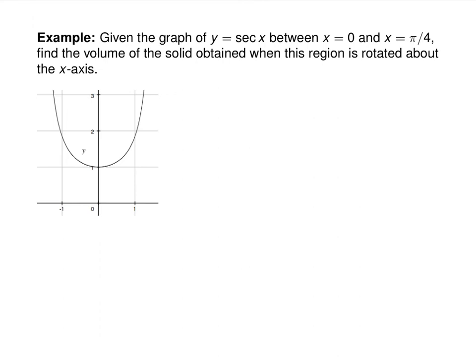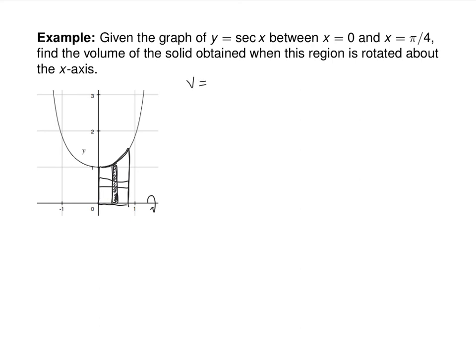So first, notice that pi quarters is just a little bit less than 1. So we're taking this region and we're spinning it about the x-axis. Now think, do you want to slice like this, or would you prefer to slice like that? I think option 1 is better. Option 2 involves two cases, one until you get up to 1 and then one past 1, so let's not. So if we slice the first way, so if we slice like this,